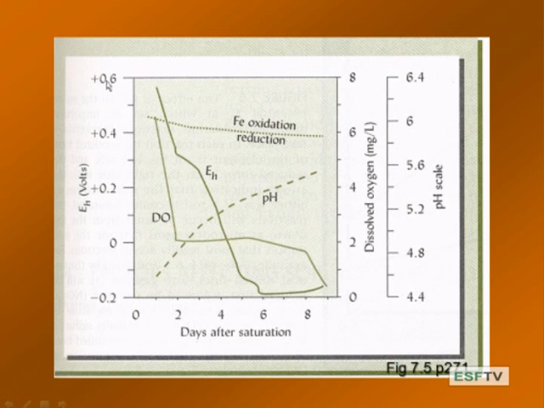So let's look at EH. Just after you saturate the soil and all the organisms are going, it's very soon after saturation that the oxygen is depleted. So let's travel with oxygen. Here's DO, not the daily orange, but dissolved oxygen. And so we're up here at about 6 milligrams per liter, right over here, 6 milligrams per liter. And all of a sudden, within a day, that plummets down to less than 2 milligrams per liter.